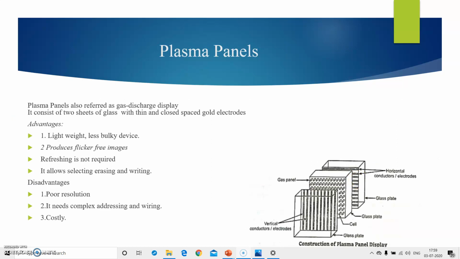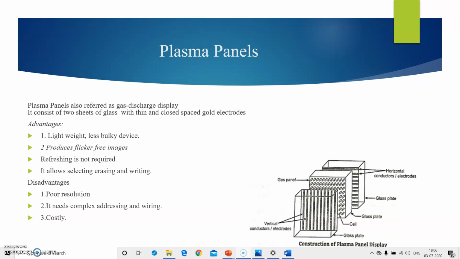Next we will study plasma panels, which we have mentioned as an example of emissive flat panel display. Then what is a plasma panel? A plasma panel is also referred to as a gas discharge display. It consists of two sheets of glass with thin and closely spaced gold electrodes attached to inner faces and covered with dielectric material.